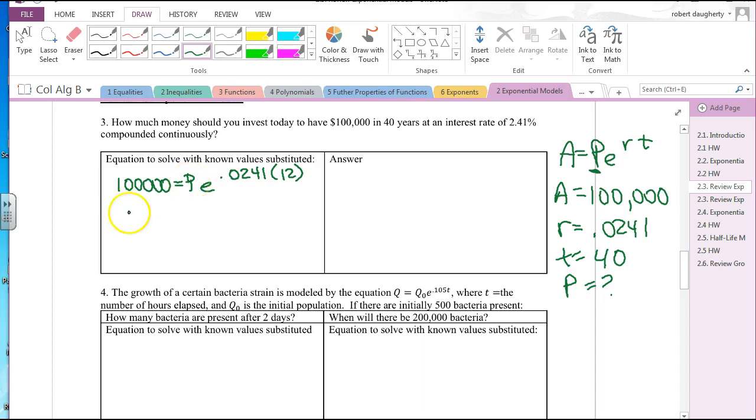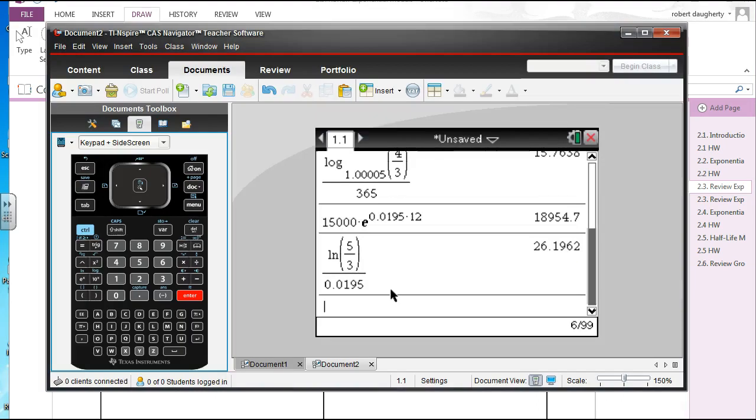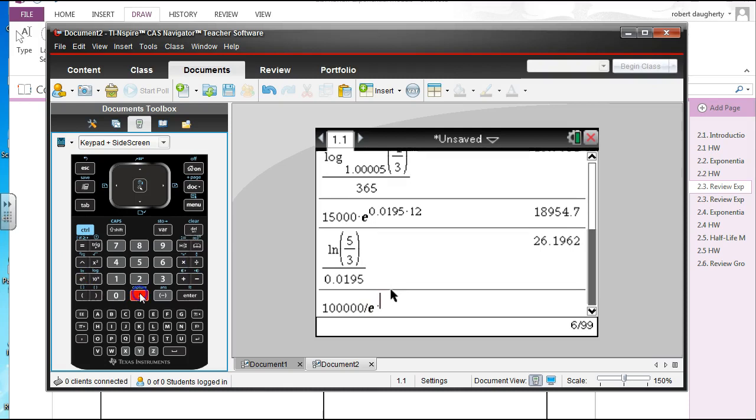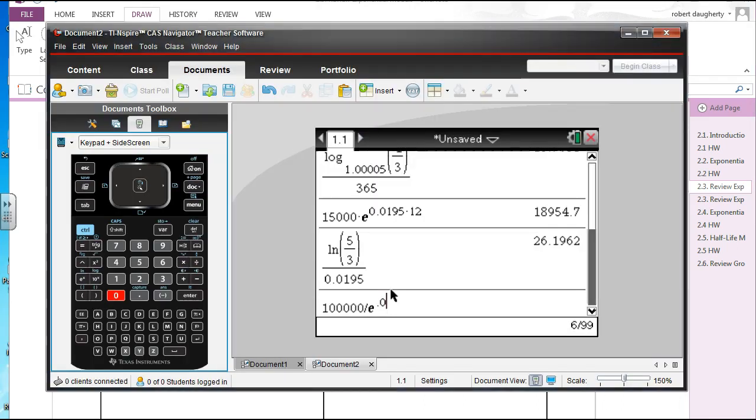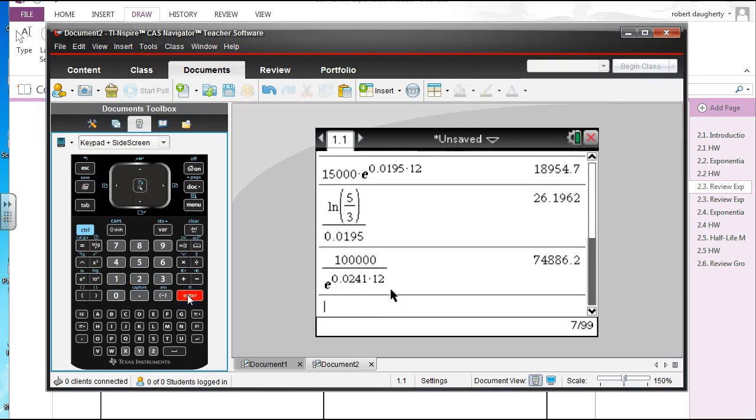So to solve this for P, when I divide both sides by e to the 0.0241 times 12, P is 100,000 divided by e to the 0.0241 times 12. And I will use my calculator for that. So 100,000 divided by e to the 0.0241 times 12. And that is